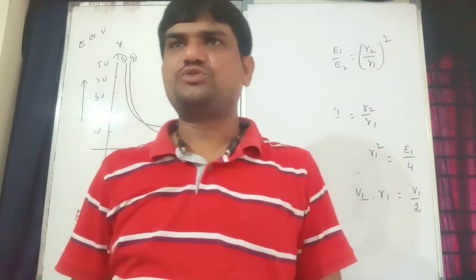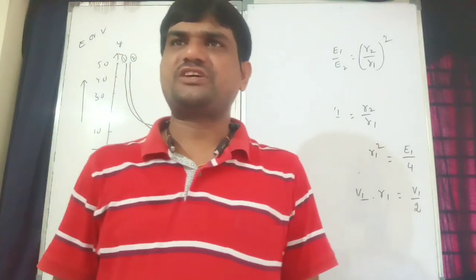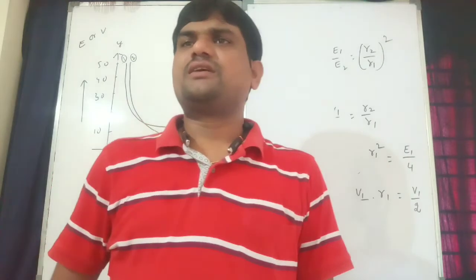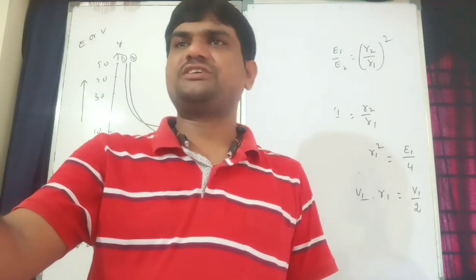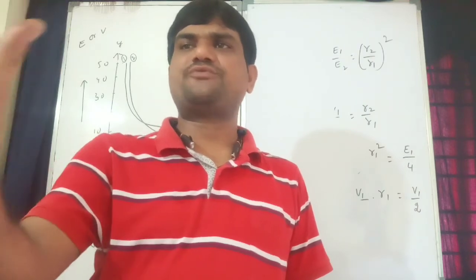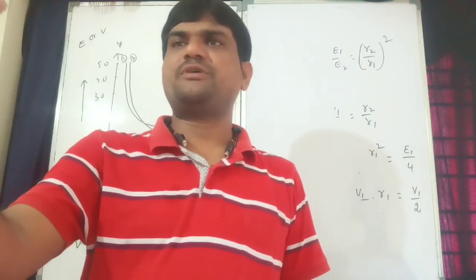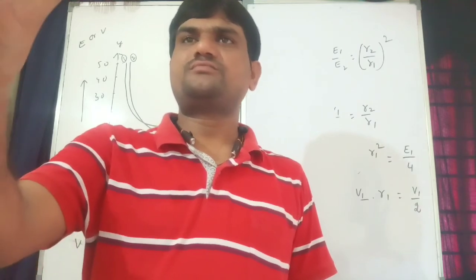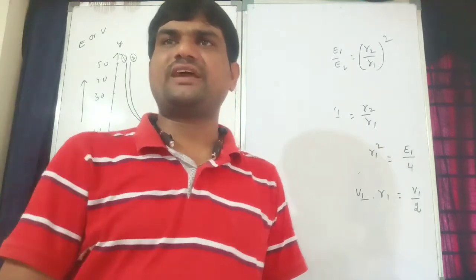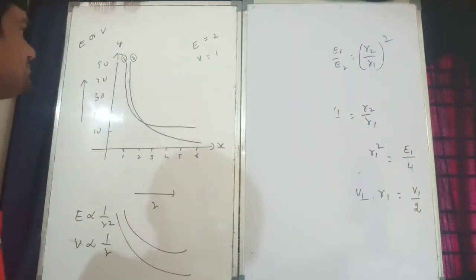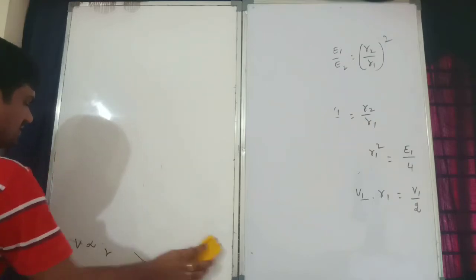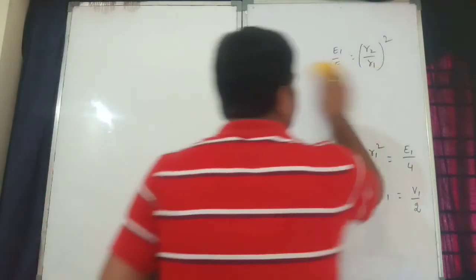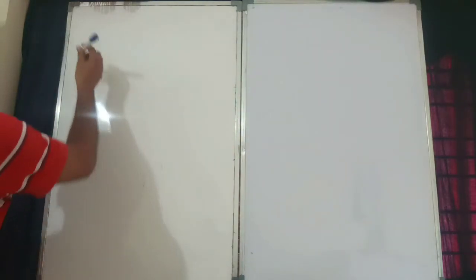Now we will enter into a new topic, the second part of the chapter. So what is that? Potential energy. Right, 43 members only are there. So the remaining people, I don't know. Okay, right. So now the new concept, that is potential energy. Today itself I want to finish this concept.